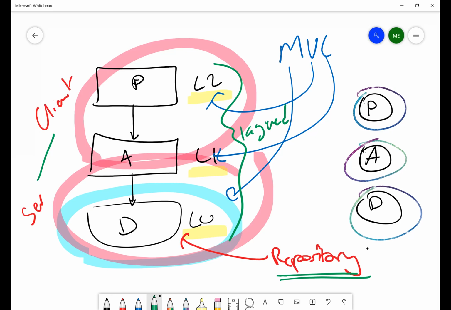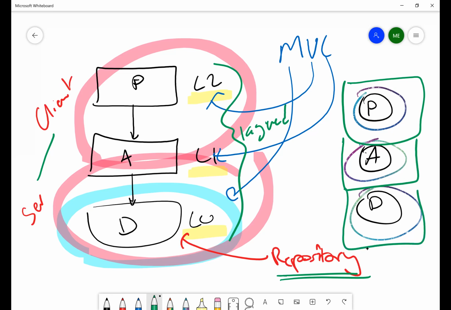Which gave rise to the main reason why we even have considered having the P and the A and the D split to begin with, and it's not a coincidence that the P is the V and the application is the control and the data is called the model. Just different names, but it's the same thing. In other words, all of these architectures are happening at the same time. And you think, oh, this is fantasy land. No, this is not. This is actually happening everywhere.